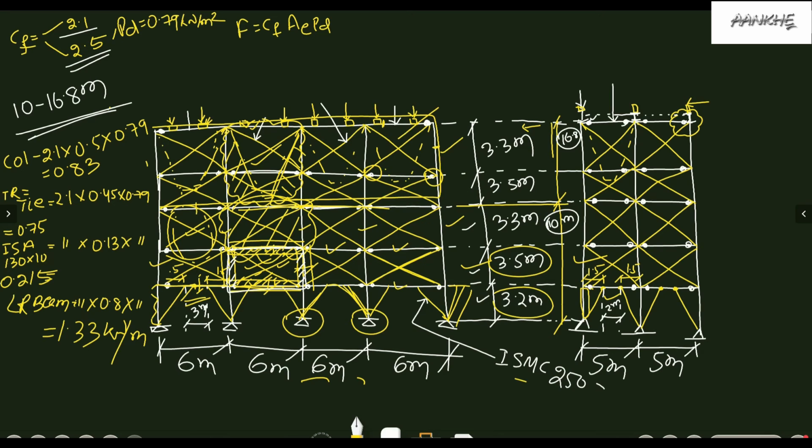Now one important thing is there. We are getting less force due to high area. That means high shielding area, we are getting less coefficient, that means 2.1. But why are we getting this less area? Because of the shielding effect of the hopper. So these hoppers will be definitely subjected to wind.